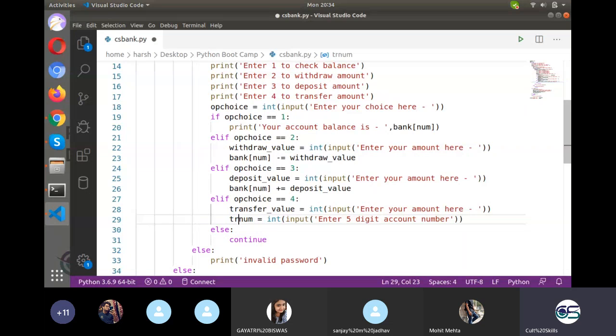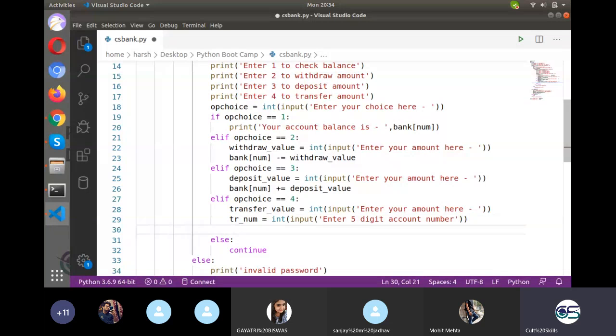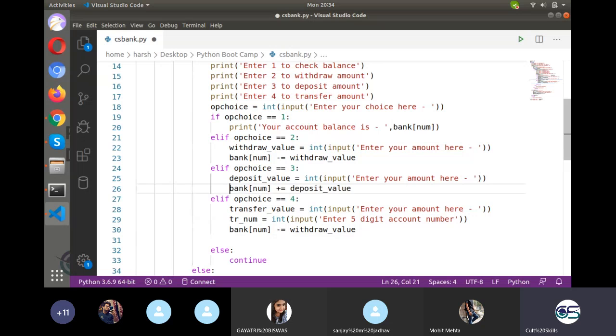So I'll say transfer number. Okay. So now what will happen is we will withdraw the amount from this and add the amount to TRNUM. Okay, so which amount? This amount, transfer value. So simple to do, right?